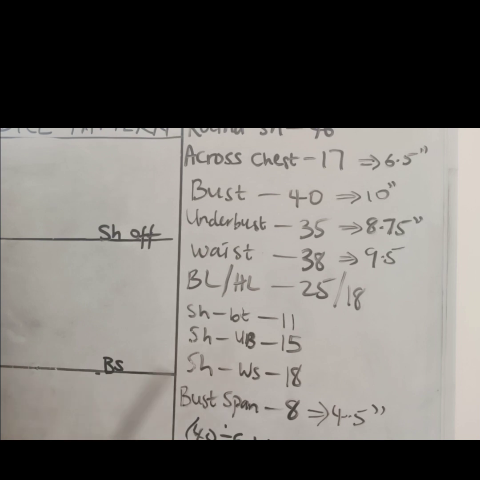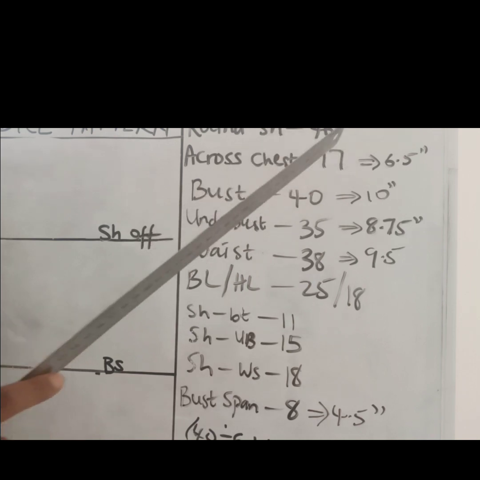Then the bust span that we are working with is 8 inches. We'll be dividing that by 2 and adding sewing allowance, so it will give us 4.5. The bust, the underbust, the waist, and the hip, we will divide each of our measurements by 4. And then the across chest measurement we will divide by 2 and subtract 2 to know where to mark